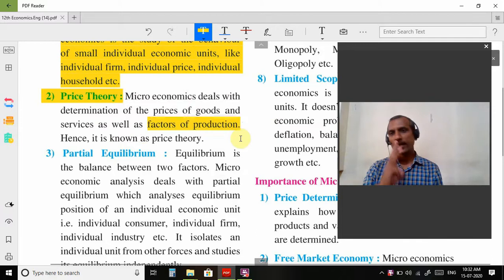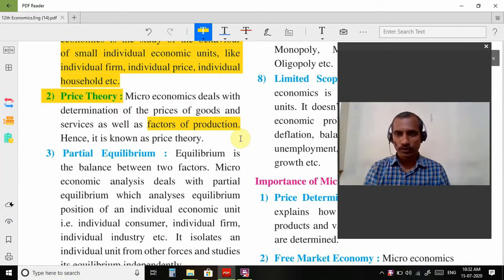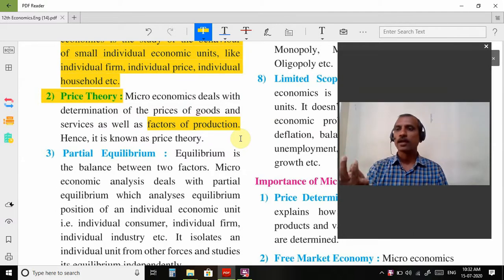I already explained to you that there are basically 4 factors of production. How many factors of production are there? 4 हैं. कौन से हैं? लैंड है, लेबर है, कैपिटल है और एंटरप्रेन्योर है. एंड द रेम्युनरेशन इज आल्सो वी मस्ट नो दैट व्हाट इज द रेम्युनरेशन. द रेम्युनरेशन ऑफ लैंड इज रेंट. द रेम्युनरेशन ऑफ लेबर इज